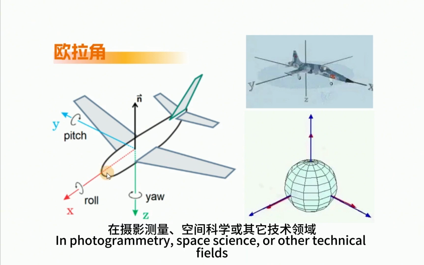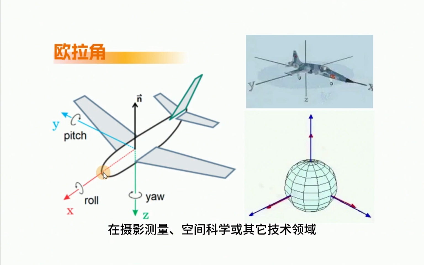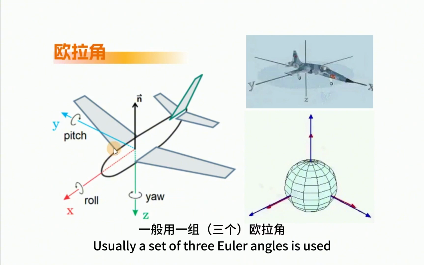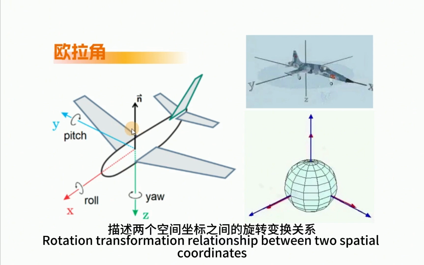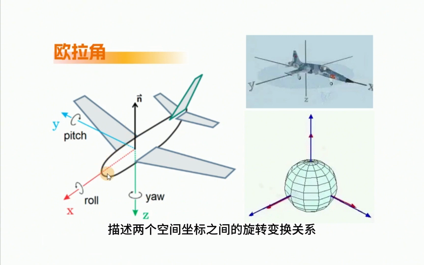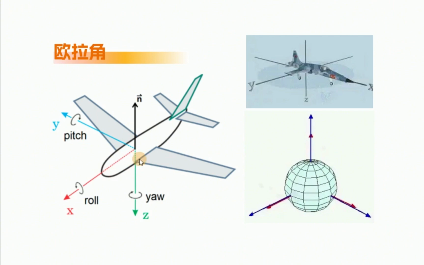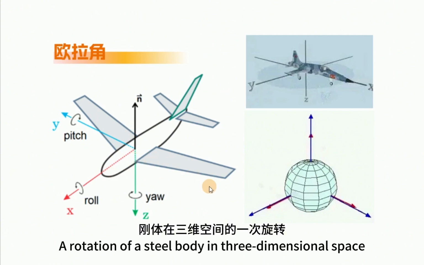In photogrammetry, space science, or other technical fields, usually a set of three Euler angles is used to describe the rotation transformation relationship between two spatial coordinate systems. A rotation of a rigid body in three-dimensional space